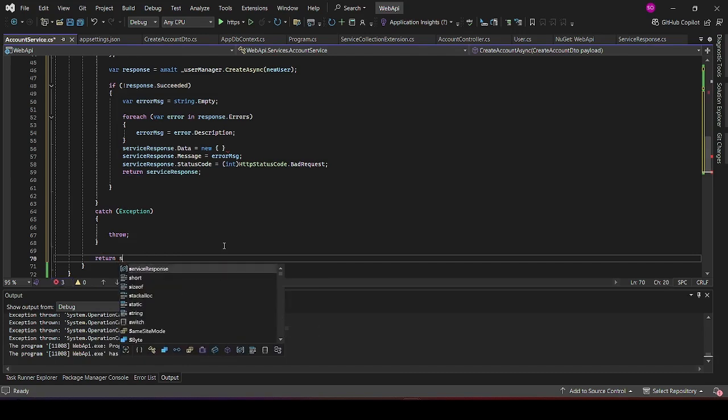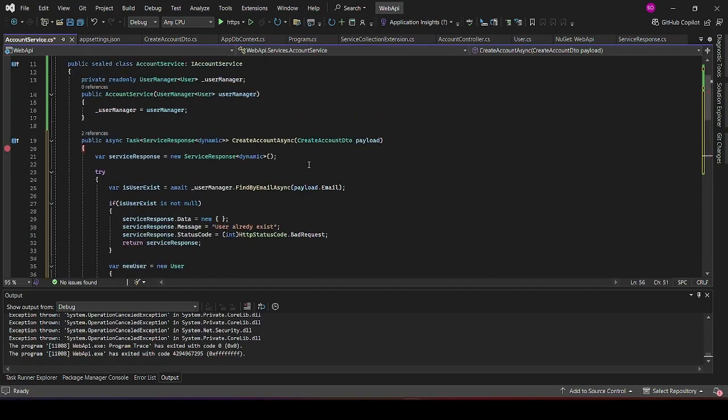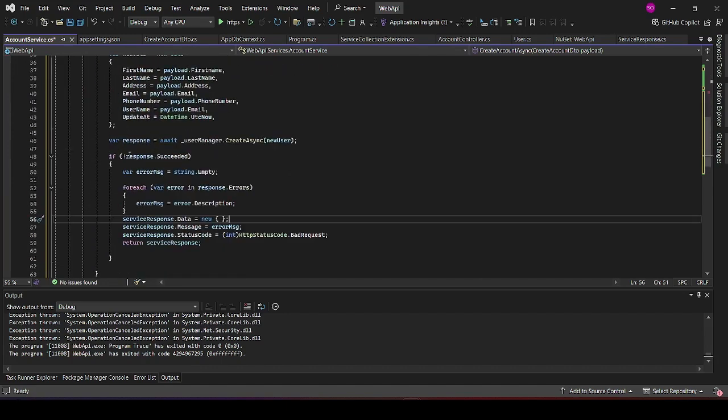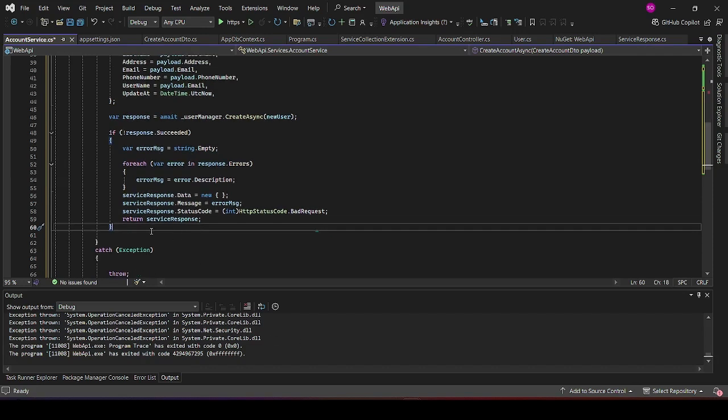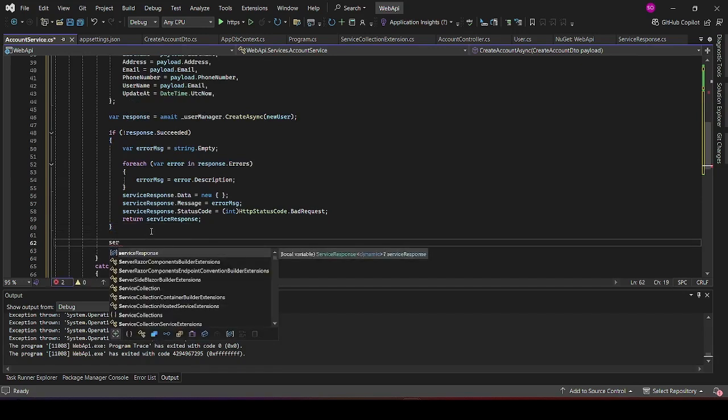Service response. So that error should not occur again. We shouldn't have that error again, right? So this is all right. So now if this is not successful, do this and then return the response. However, if we have a successful call, right? So let me just, if it was successful, then